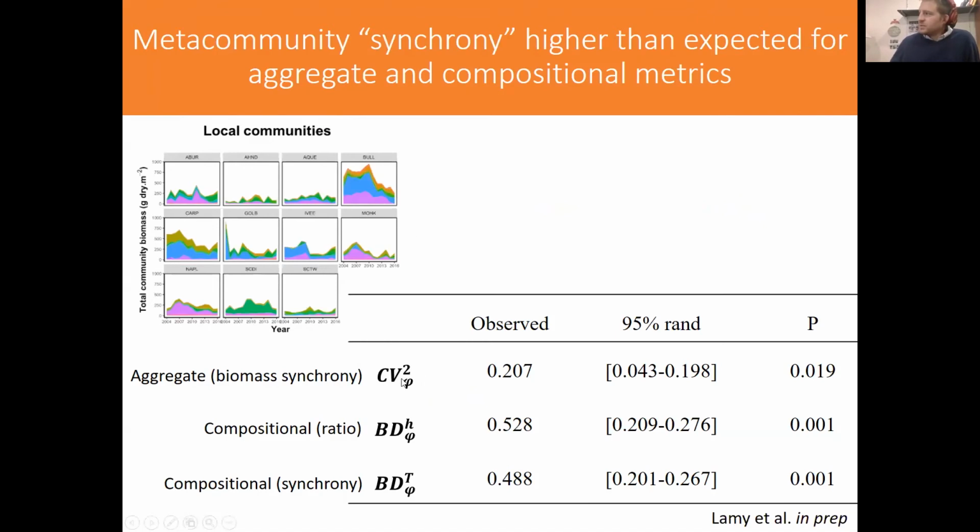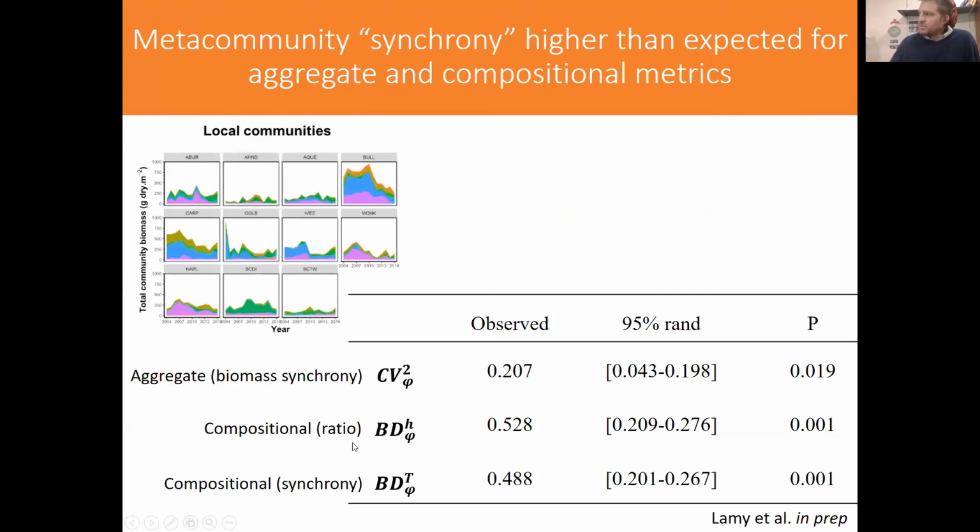And so when we calculate the aggregate biomass synchrony, this is how variation in the total biomass at each patch, when you aggregate that to the regional scale, is a comparison of regional variation to local variation. And so essentially you can think of this as the variation in the total metacommunity is 20% of the variation that you would observe if you look at a patch or locality within the